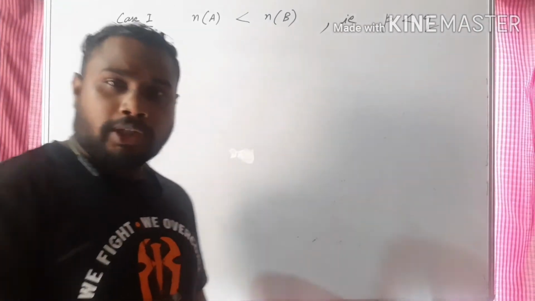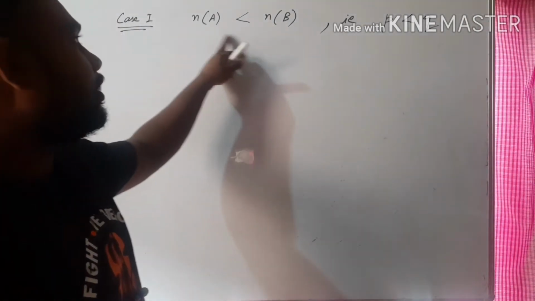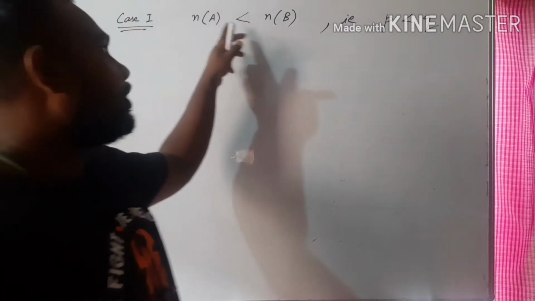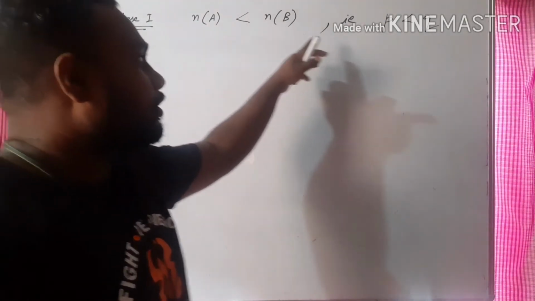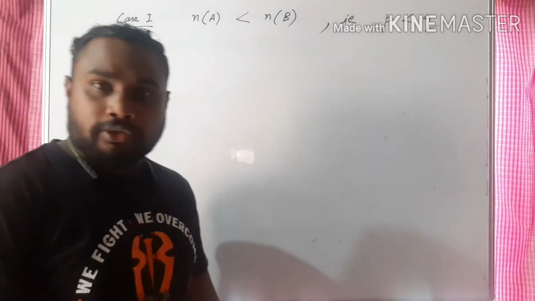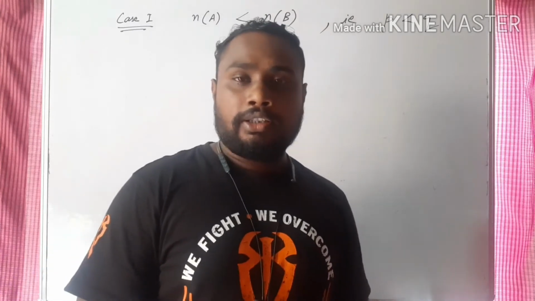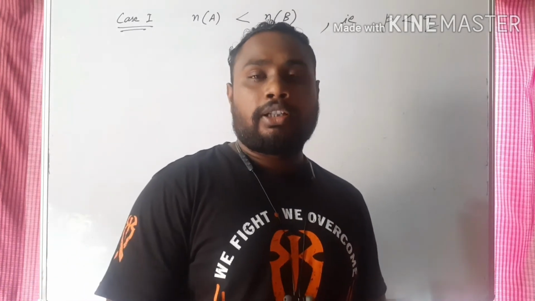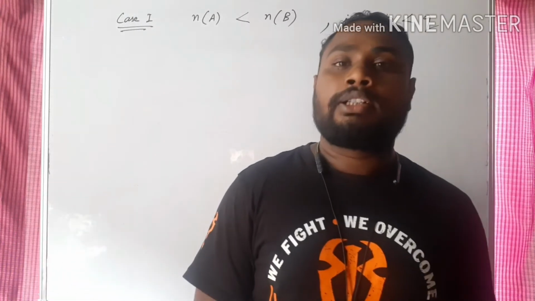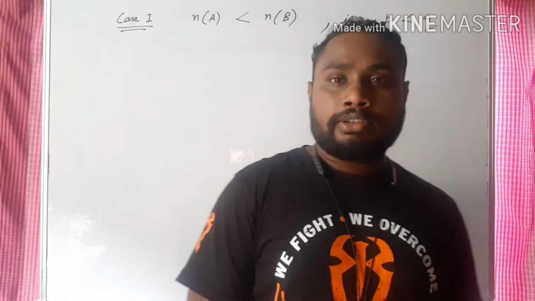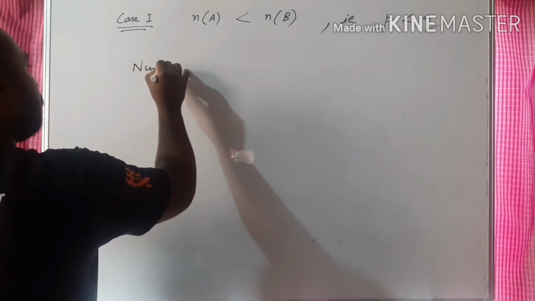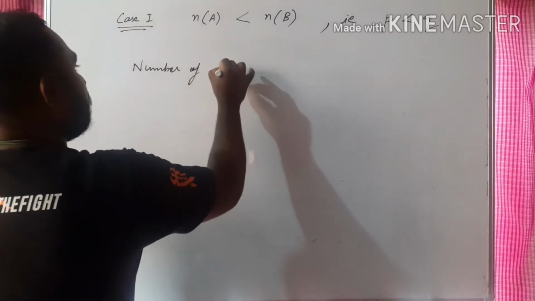See the condition when the cardinality of A is less than the cardinality of B. As I have taken, cardinality of A is equal to p and cardinality of B is equal to q, so I am writing here p less than q. Whenever p is less than q, what will be the condition, and how many one-one functions, onto functions, and bijective functions will we get? So we will have to find the number of one-one functions,